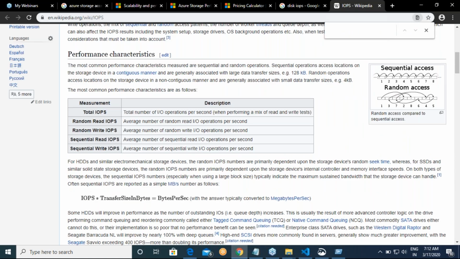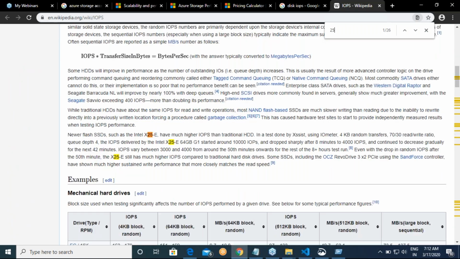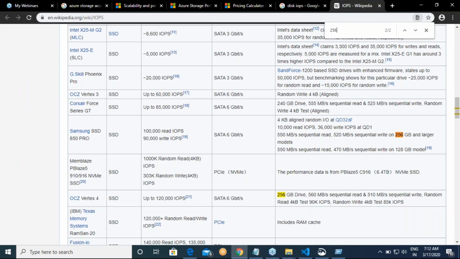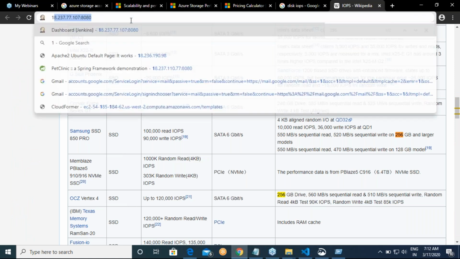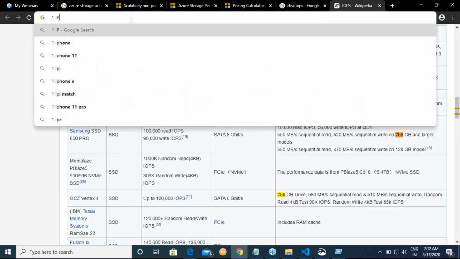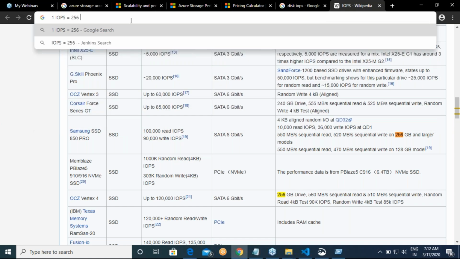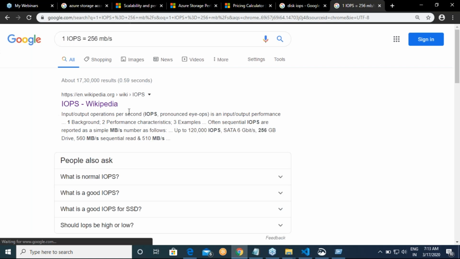Okay, so one IOPS, one IO per second, is equals to 256 MB per second.